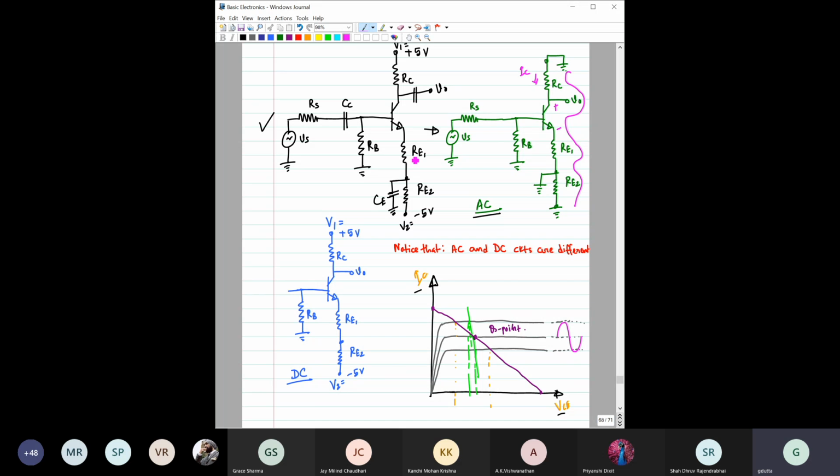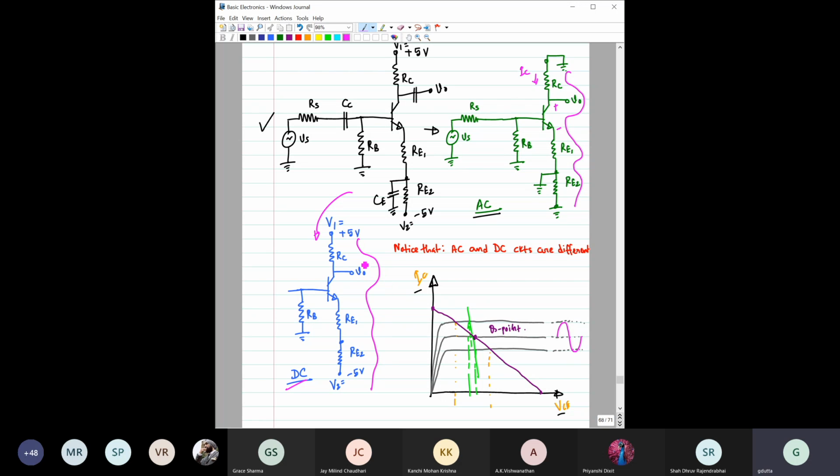Then similarly, you also have to consider the KVL for DC along this output loop. So this is for the DC condition. You see that for DC, what is happening? For DC, all these capacitors have to be open circuited, right? This is open circuited, and this signal source is gone. Right, now here also we are taking